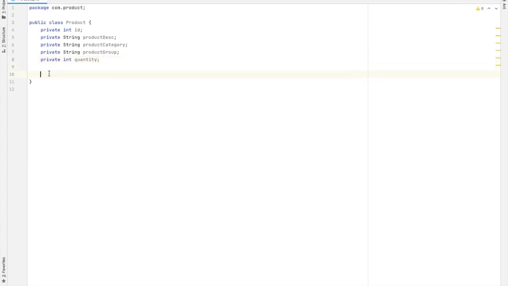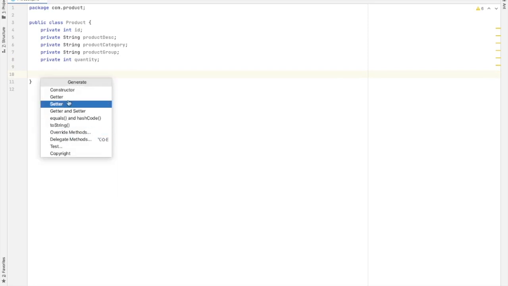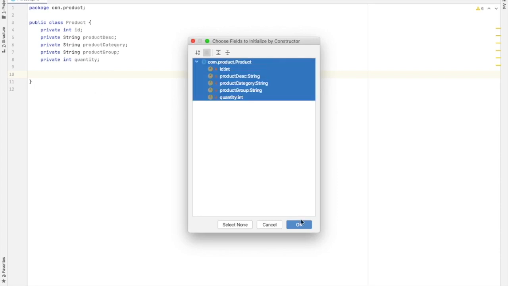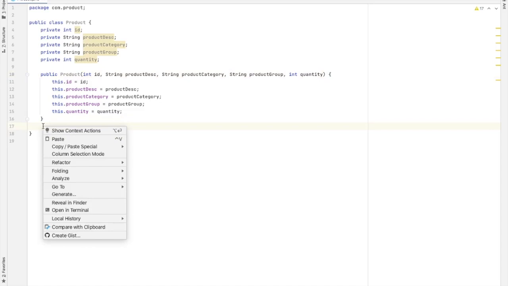Let's create constructor. Constructor, so all parameters. Okay. Now generate setters and getters also.